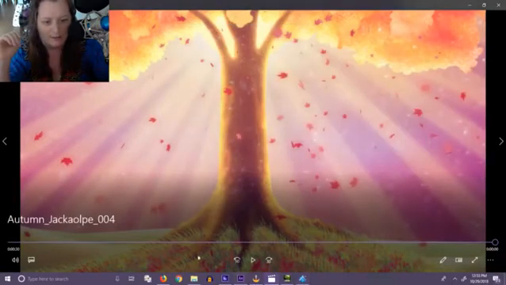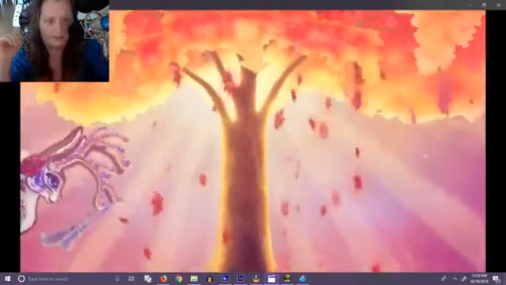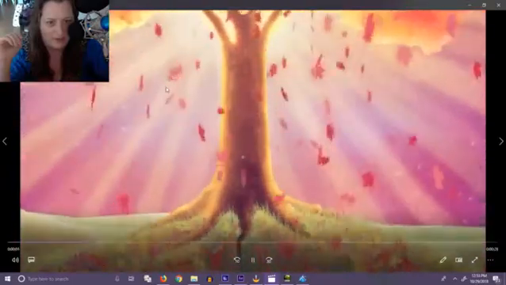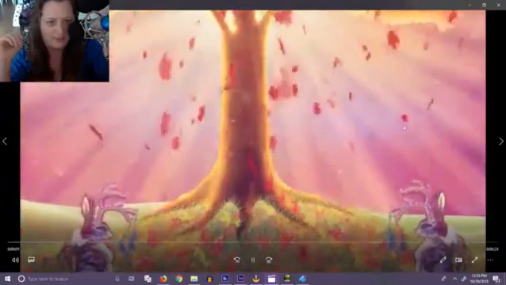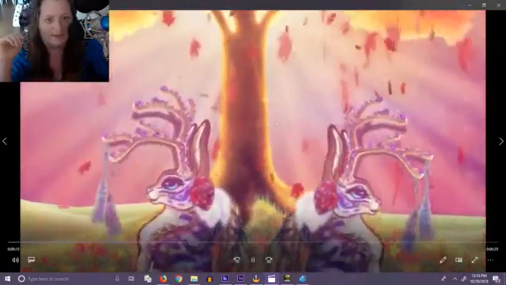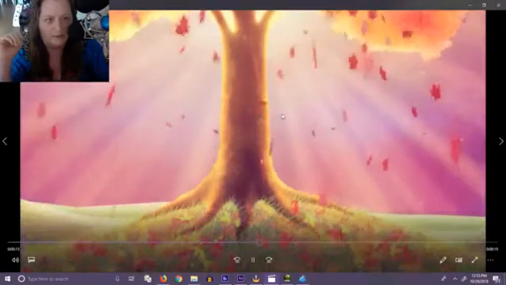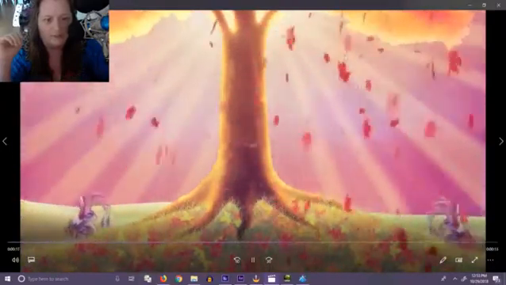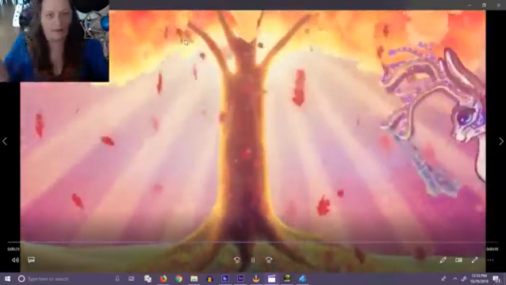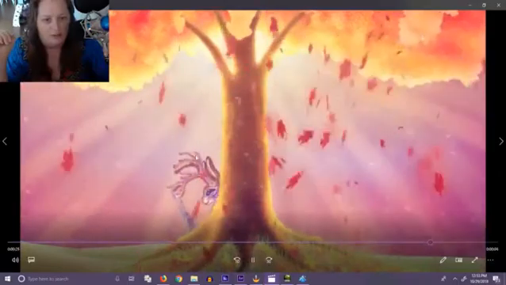But let me show you here. This is the old one. Do you see how it's all pixelated and weird? I have no idea how to fix that, and I don't know why it's doing that. I really don't. I repainted all the backgrounds and the trees and a lot of things just to make it look like fall. I repainted stuff for the sky, and I even changed the light and stuff like that.